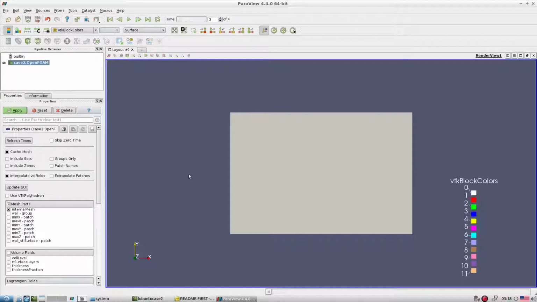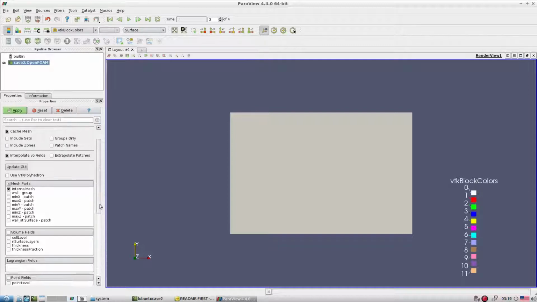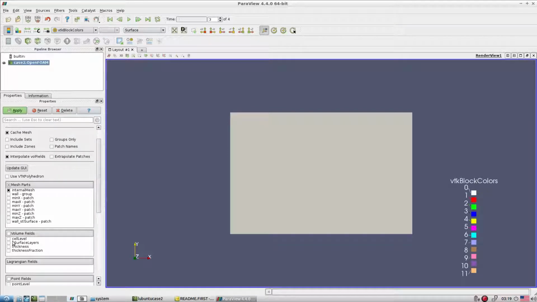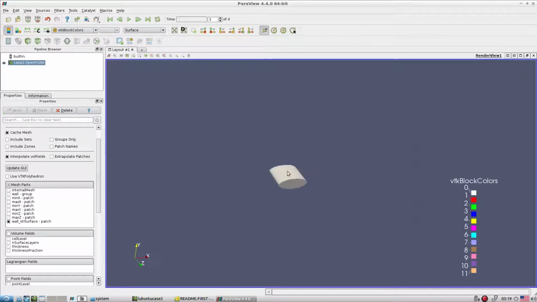First let's look at how the write flag gives us certain values. If the write flag is enabled, this certain volume field is written. Let's look at our wall patch. On the wall patch, let's say we want to look at the number of surface layers, so in each surface, what the layers are supposed to be.